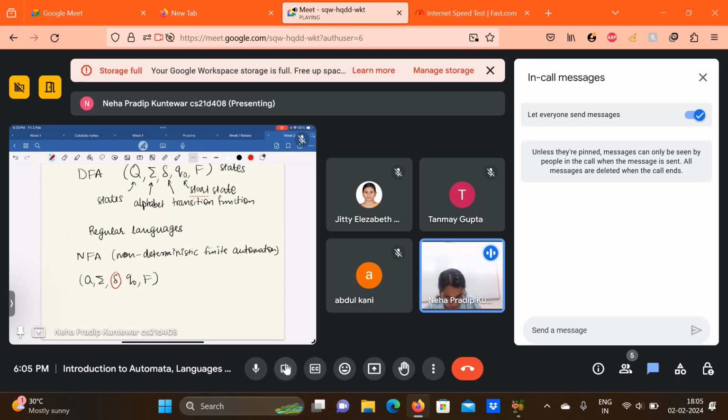For DFAs we had that delta is a function from Q cross sigma to Q. So if you are at some state and you read a symbol, then it tells you where to go. Now for NFAs we've defined this delta to be